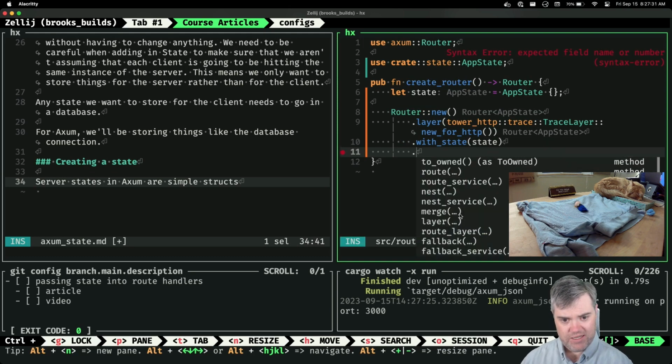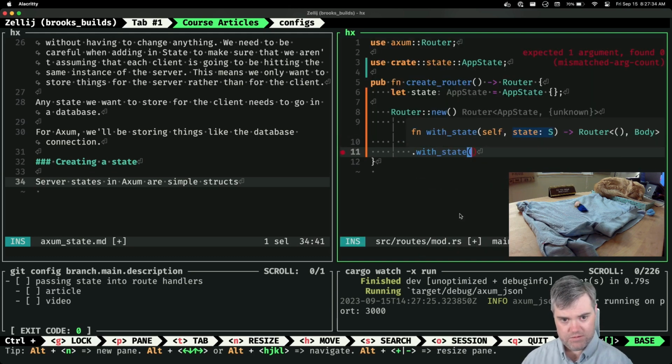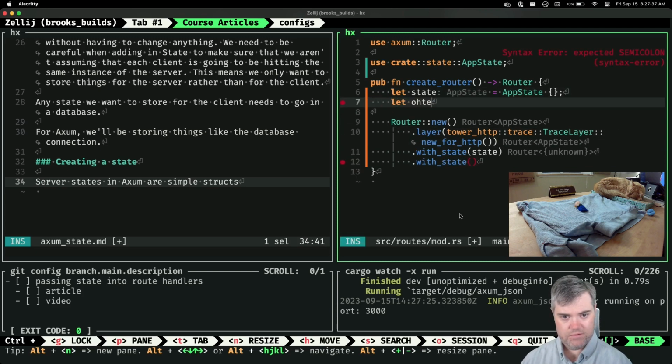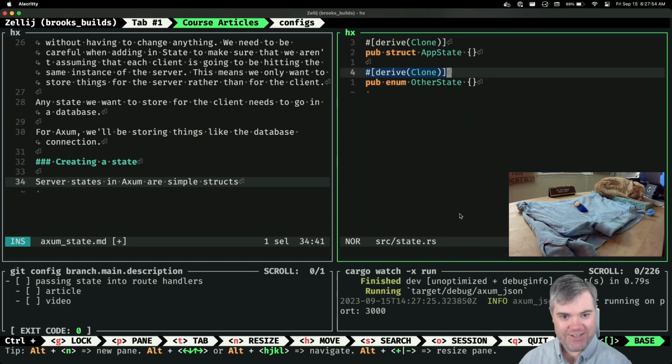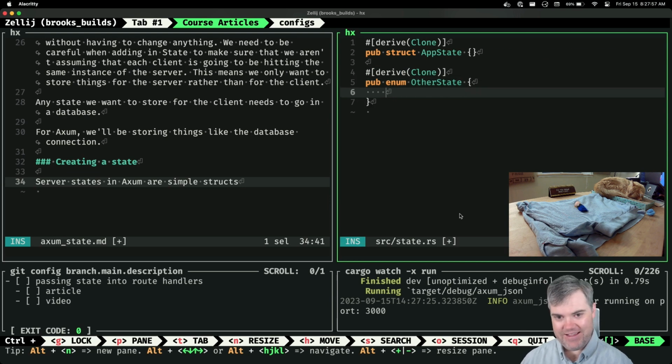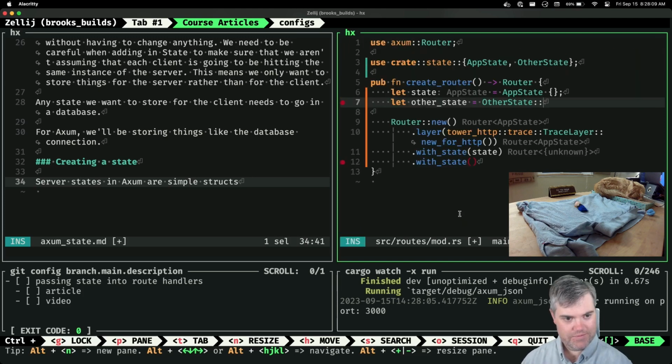oh, I can do multiple states, right? This is not even going to work, because that would be silly to do. But can I? Just because it's silly doesn't mean I shouldn't try. Because it has to be a specific thing I pass in.